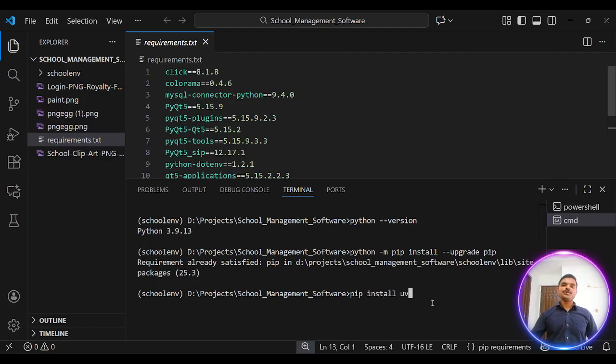Okay. What is the importance of this uv? uv is the replacement of pip. Why do we use uv instead of pip? uv is very much powerful and very much faster than pip. It is, you can say, 100 times faster than pip. And you get more advantage of using uv whenever you see any kind of Git